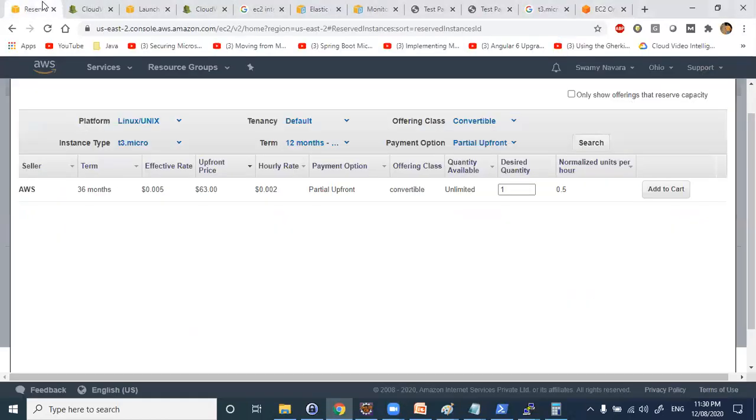That is the actual original price. If you see the reserved price, 0.005, which is far less.